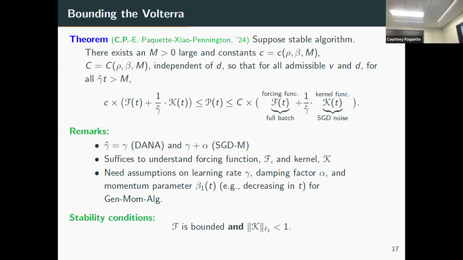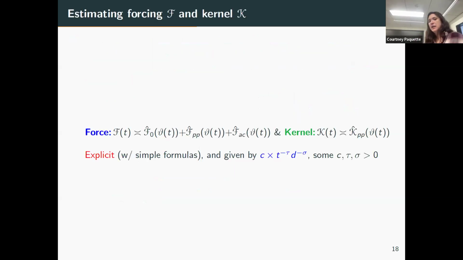And the same sort of stability conditions hold. And this is actually where you figure out what your alpha should be, because of this problem right here. So you need your kernel to be in L1, less than 1. Mostly you just need your kernel to be summable; the less than 1 is sort of not important. And the nicest part about all of this is that all these weird learning rate things with time-dependent momentum don't actually change very much. What they do is they just change the time at which you evaluate these quantities.